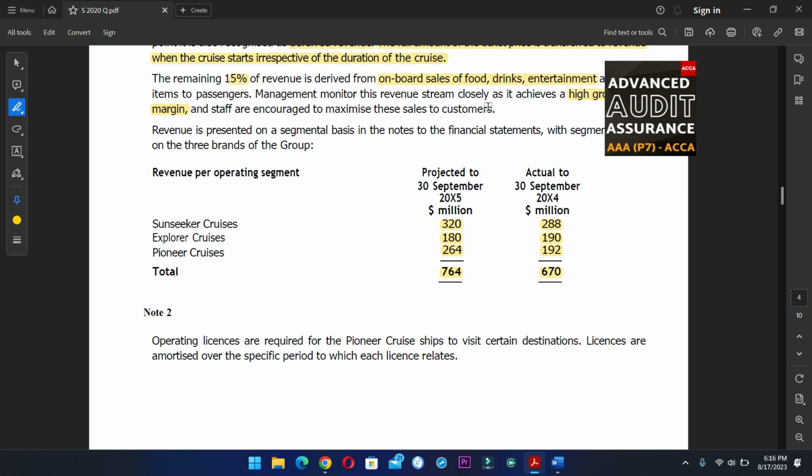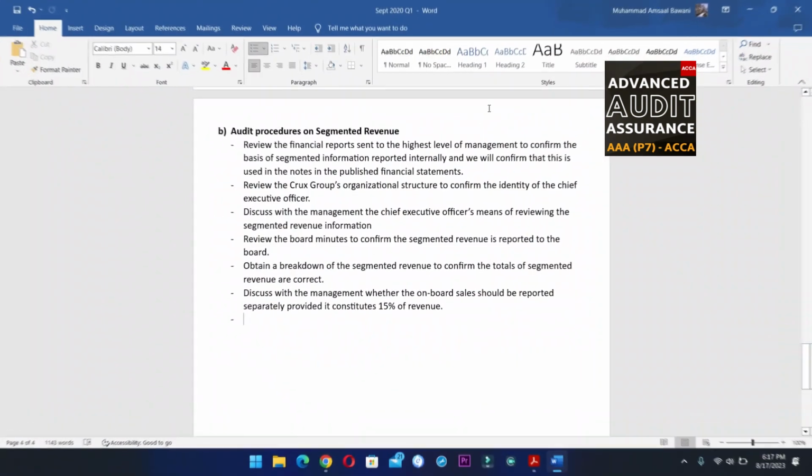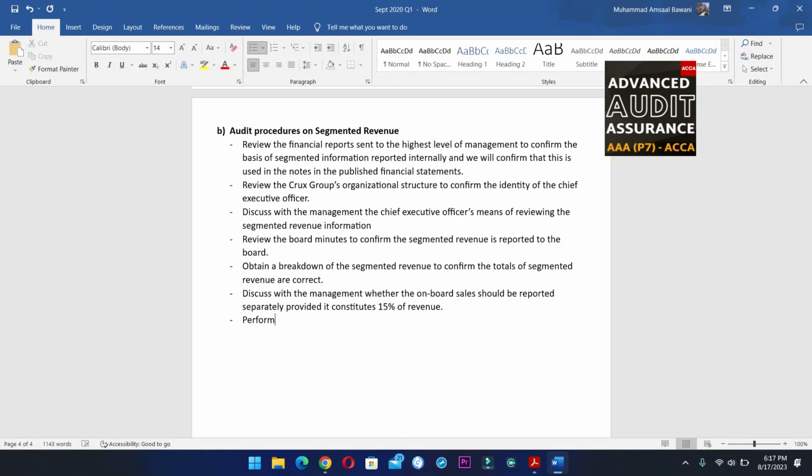And we would find out whether the increase in revenue is in line with the revenue in the upcoming year or not. Whether the previous year's increase in revenue is in line with the coming year's projected figures or not, right? So we can draft a point for this one, that perform an analytical procedure,